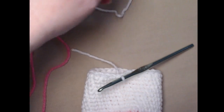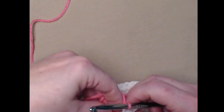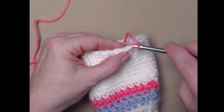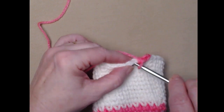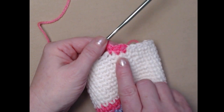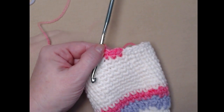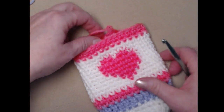I'm going to cut my yarn, and then I'm going to bring back in my pink. And then I'm going to do 2 rows of the pink. There we go. And I'm still stitching in the center, so I'll go right in the center. And stitch 2 rows exactly like I did the 2 previous rows. 1 single crochet in each single crochet around, stitching in the center of my single crochets for 2 rows. I have finished those 2 rows of single crochets, still stitching in the center of our single crochet. I've cut my yarn,